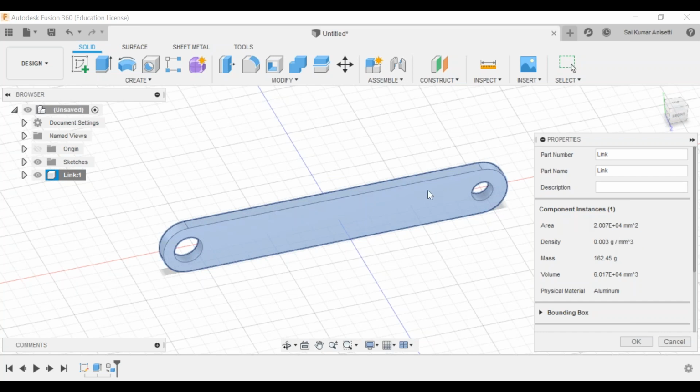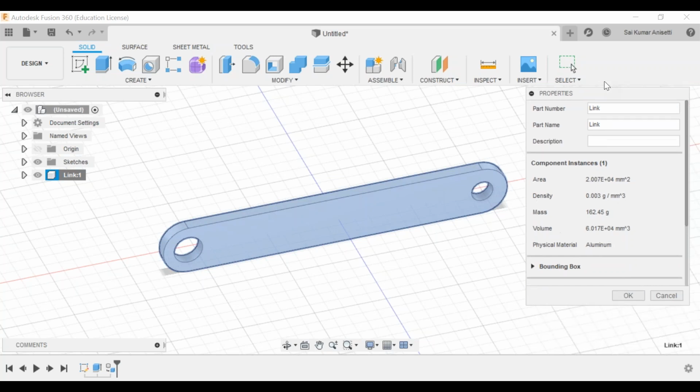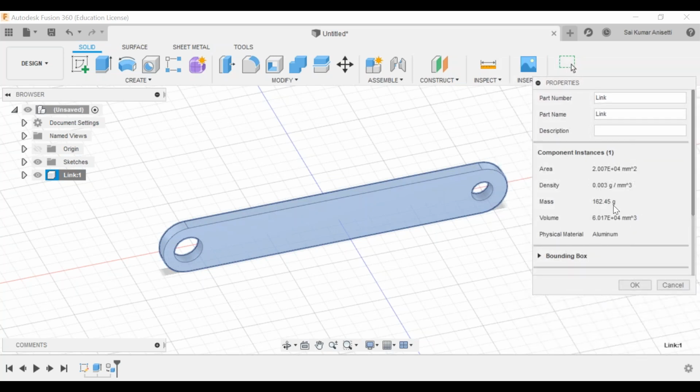After assigning your material only, you can check your mass. In your interview questions or in your Fusion 360 certification program, they will ask you to assign a material to a given body and check the weight of that particular element.